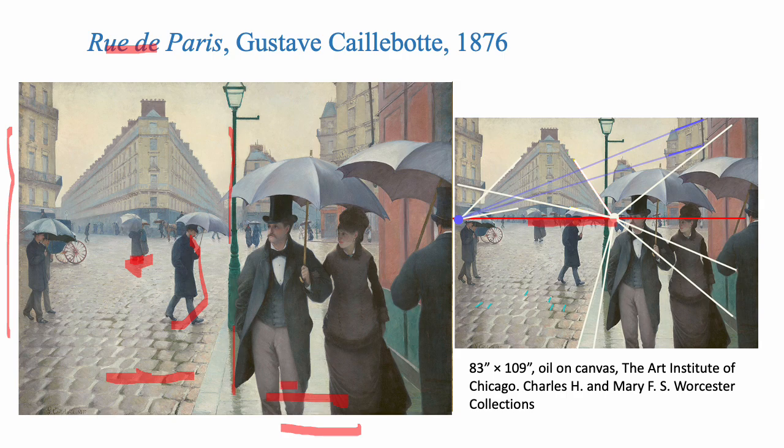The legs of the figures in front are cropped, but not at an obvious joint like a knee, because that would look awkward. But the man on the right is cropped down the middle, again not recommended. But since we see more than half of his umbrella, it looks casual and realistic. Such awkward cropping resembles a photograph, as if the artist caught a moment in time, whereas this painting is actually